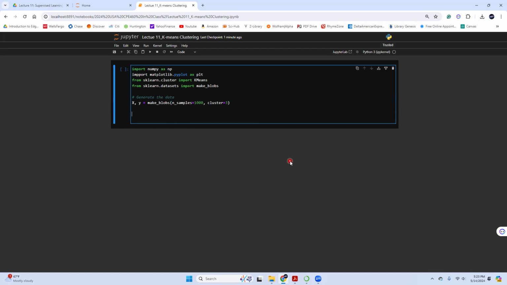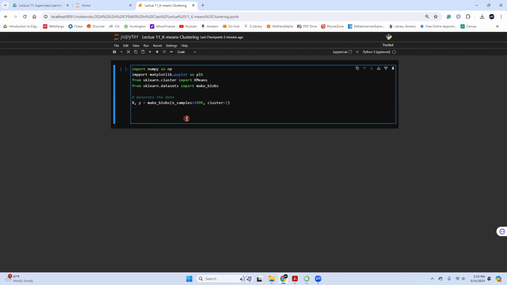Be careful that here people might say that hey, you're kind of cheating. How do you already know clusters equal to 3? The reason we make X, y like this is just because of syntax. I have to make it this way. However, even if I'm kind of cheating, I'm not gonna take advantage of this label.